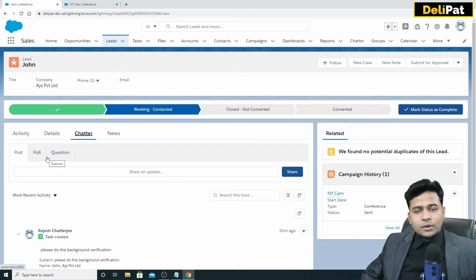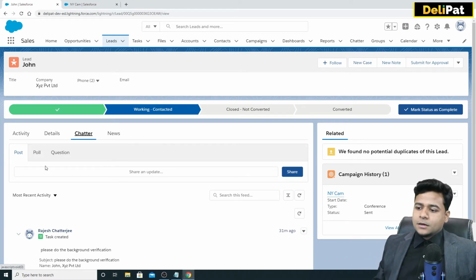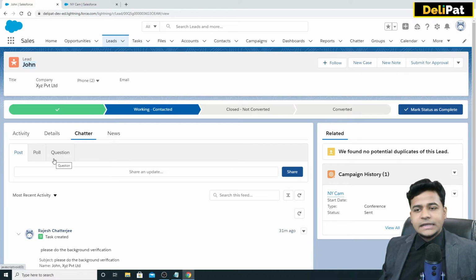The next feature that we are going to discuss is chatter. Chatter is a very useful feature for the sales executive. Let me give you a real-time scenario again. Let's say Rajesh got a lead named John, and Rajesh wants to tag his manager for this particular deal. Or let's say Rajesh needs some information which he does not have, so he wants to ask someone, saying @ that person, can you please get me some information about this?